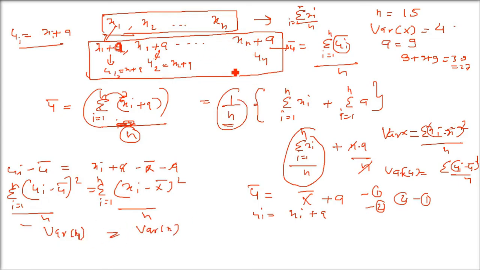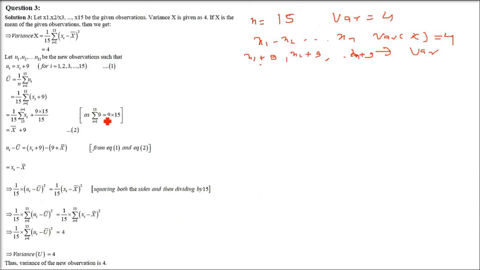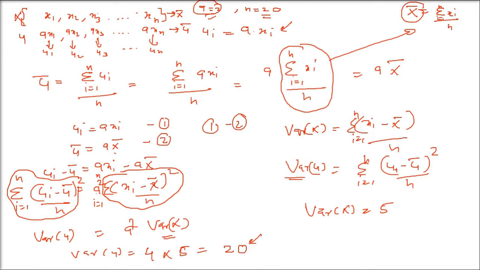Even if you have added 9 or any number to the list, the variance doesn't change. You don't need to know n, you don't need to know a. It is 9, 90, 900, 9 million, doesn't matter. Variance is not changing. Variance was 4. So the variance of the updated list, or the new list, will also be 4. Variance of x was equal to variance of the new list, u.